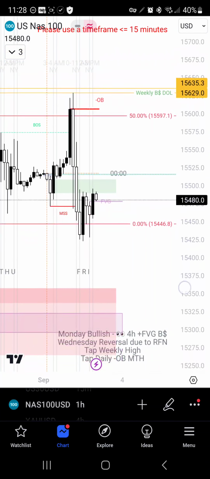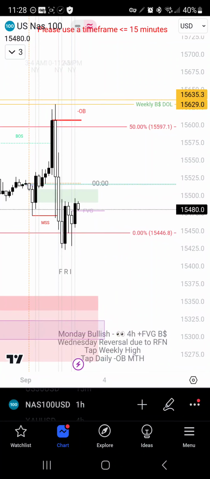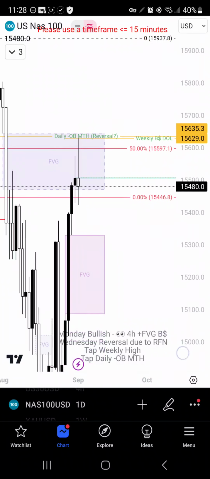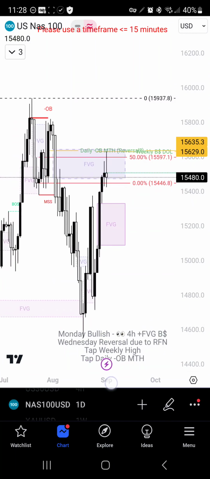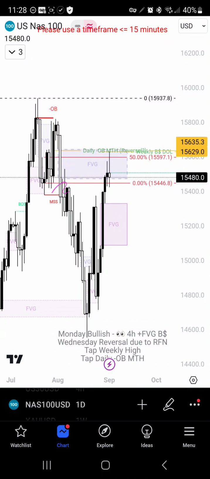All right. So just to recap again, I understand that we have a bearish market structure shift on the weekly, and on the daily we had one here. And it wouldn't be a bullish market structure shift until this high is closed above, right? So unless we close above this high, because this was the last high that took liquidity, right?